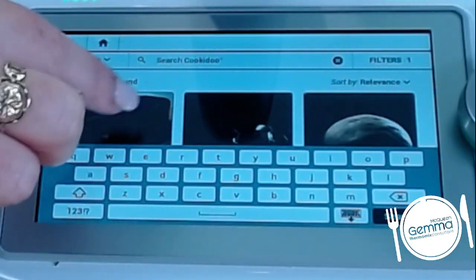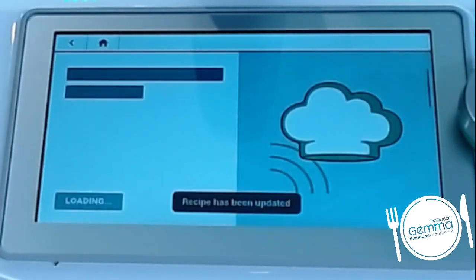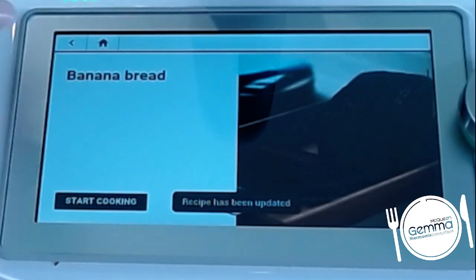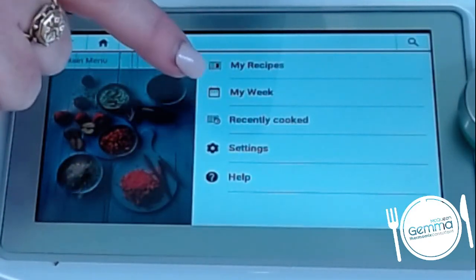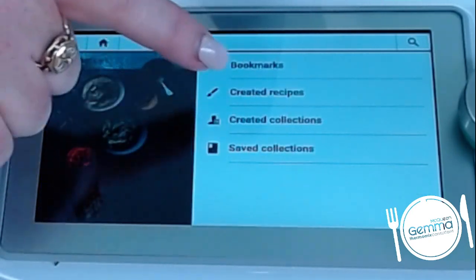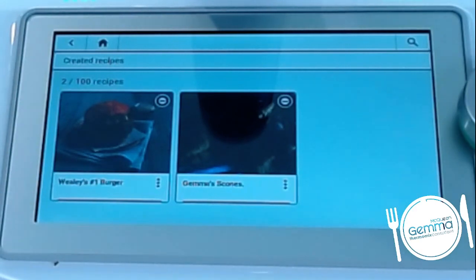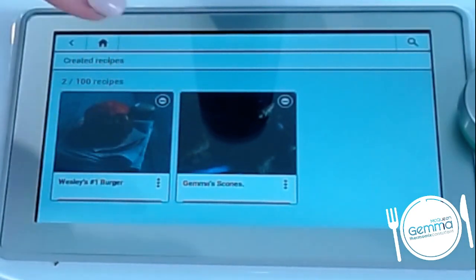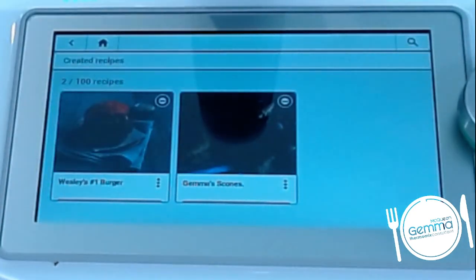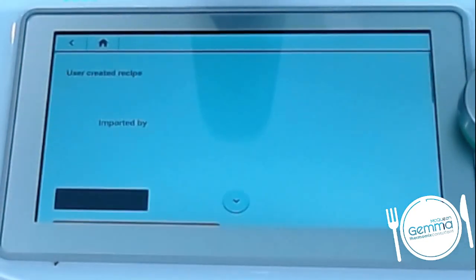You know, these are some things that have already been found. This is what that looks like when you go into the recipe. I'll show you that when we do some cooking in a minute. But if you have a look in here, if I go into my recipes and I go into created recipes, you will see there, oh, you can't really see, but you can, that here I've got Gemma's scones. Now, my scone recipe I uploaded to the recipe community, and anytime I want to make Gemma's scones, I actually